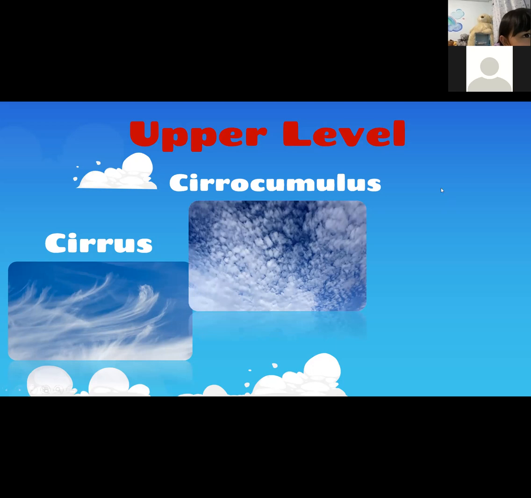Very good, Panita. Okay, this is 4. This is Satang 2. Very good, Satang. When you say cirrocumulus, as you can see, it is a high altitude cloud composed of a series of small, regularly arranged cloudlets in the form of ripples or grains.